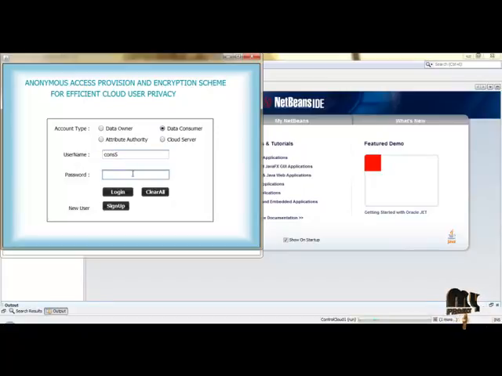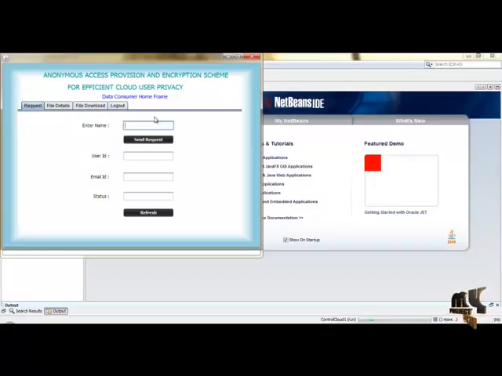The name is cons5, and then the password is 123. I already put it here. So this is the data consumer frame, file details, file downloader, and then logout frame. So the data consumer's file consumer name is cons5, and then send request to